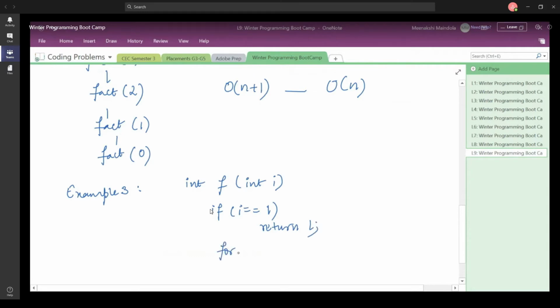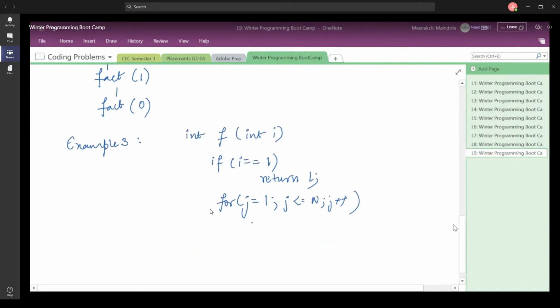Otherwise you have a loop with a loop variable j, starting from j is equal to 1 and going up till j is equal to n, j plus plus, doing certain operations, let us say printing the value of j. Otherwise it returns j into f of i minus 1.